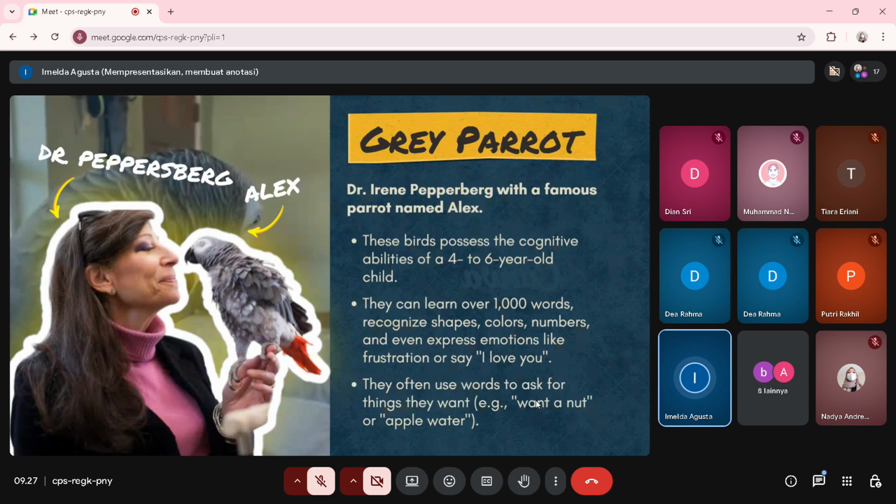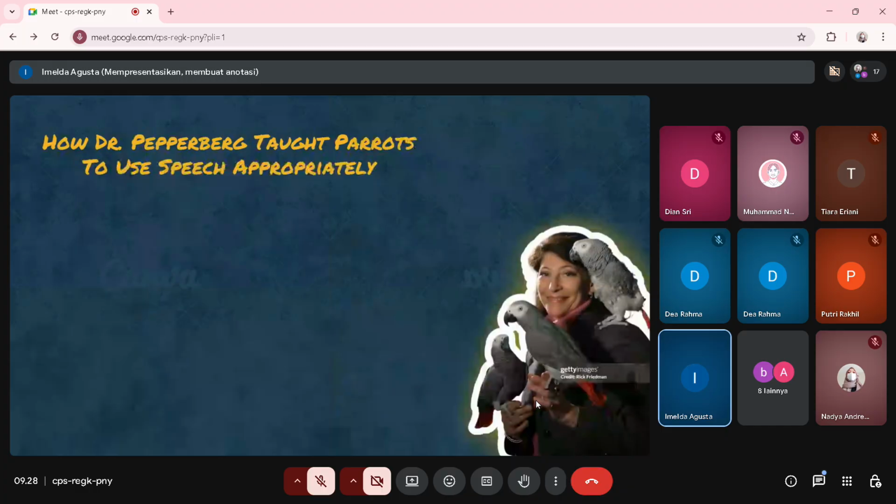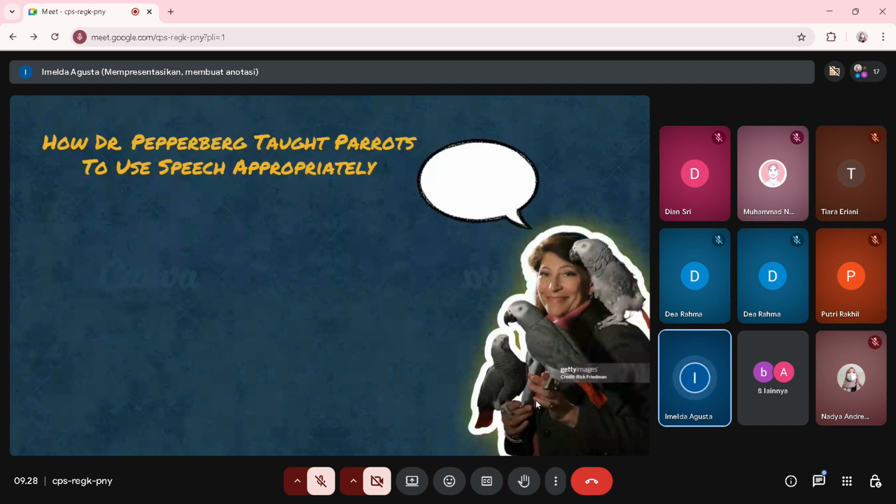So, guys, if you are a lonely person, you can buy this gray parrot and he can actually be a true friend for you. Okay, now you may wonder how they teach a bird to speak languages. Actually, the method is similar to how we teach kids to learn a language, because you may be able to speak English by listening to songs or watching movies, and that's similar to how this bird learns language.